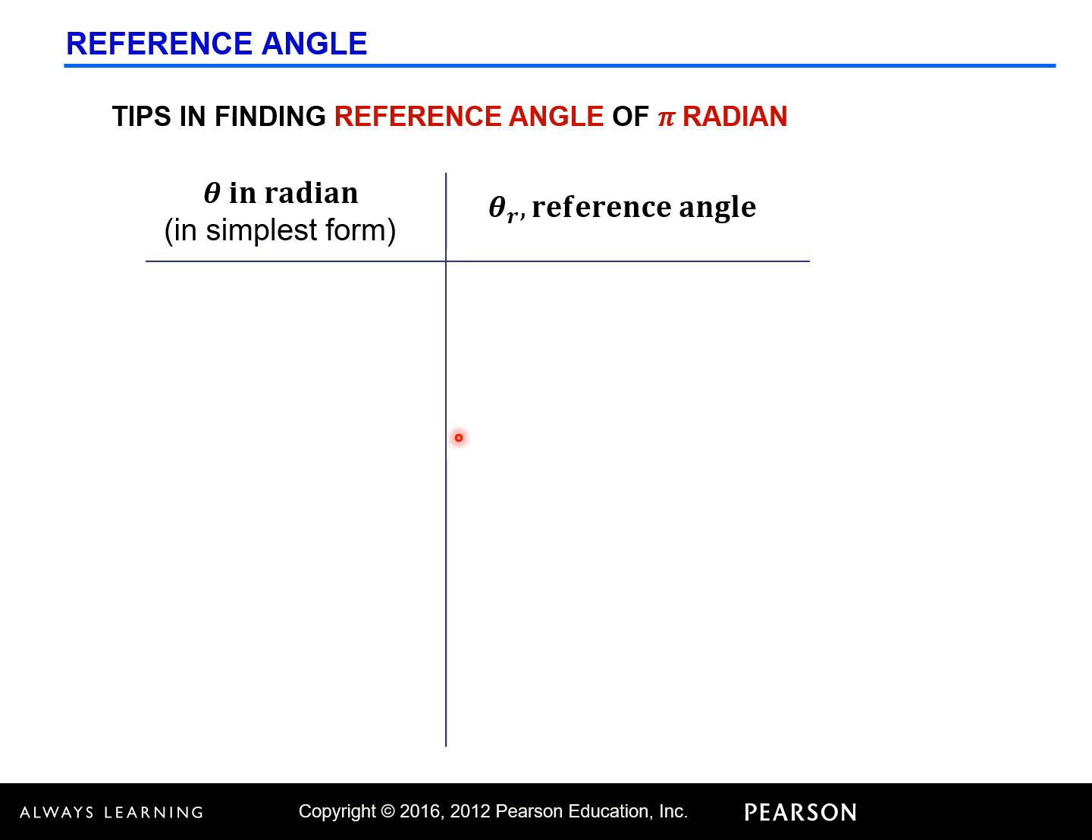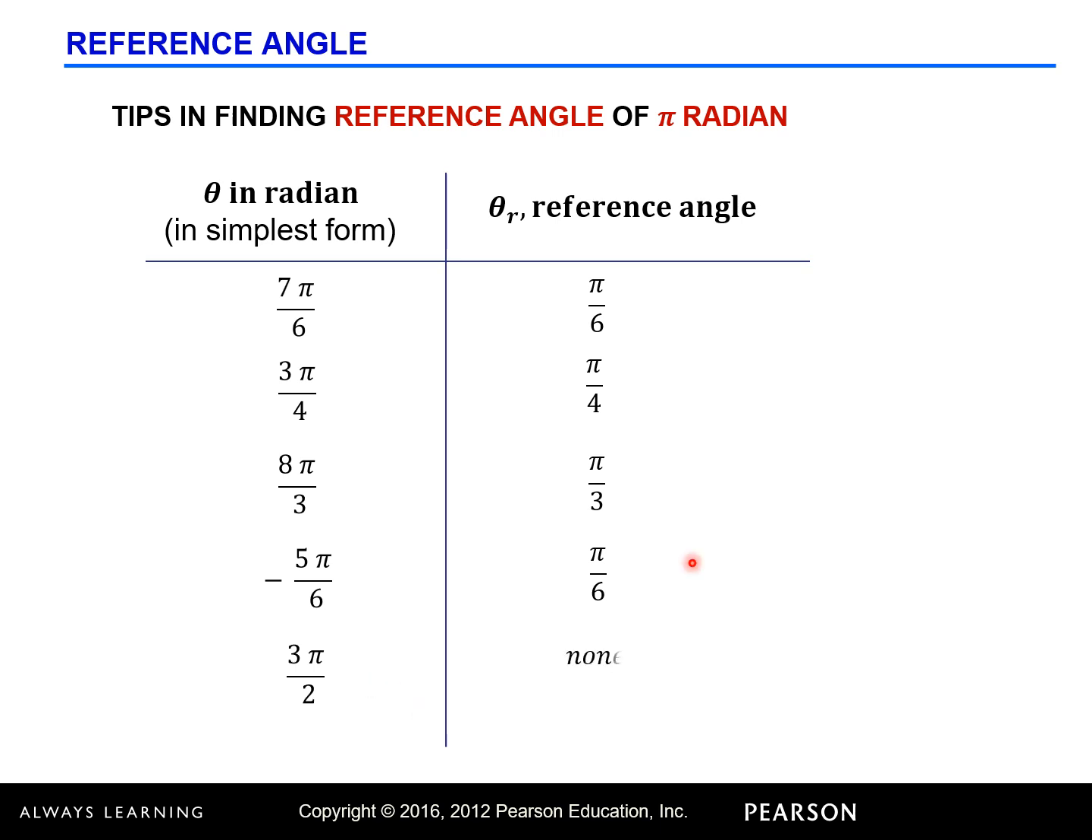If the given angle is 7 pi over 6, its reference angle is pi over 6. If the angle is 3 pi over 4, the reference angle is pi over 4. And if the given angle is 8 pi over 3, the reference angle is pi over 3. And if the angle is negative 5 pi over 6, even though it's a negative angle, the reference angle is pi over 6. But if the given angle is 3 pi over 2,